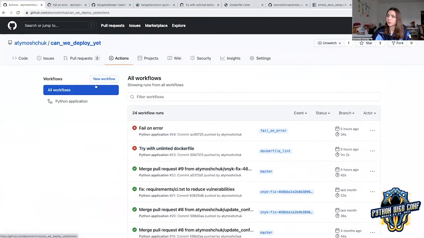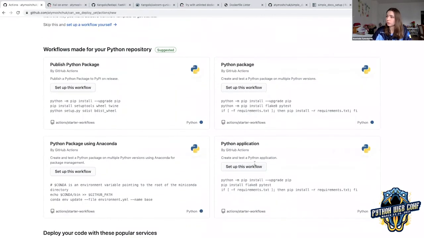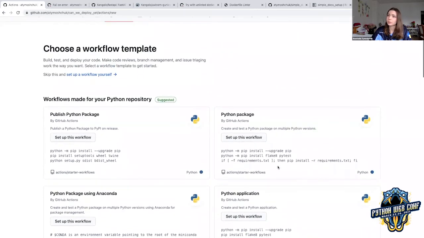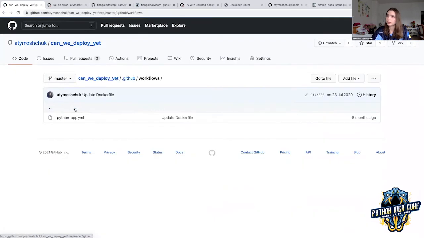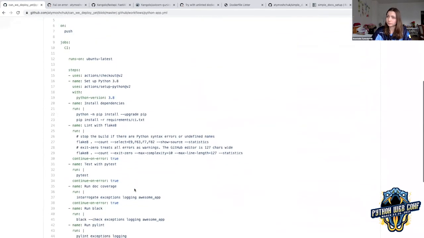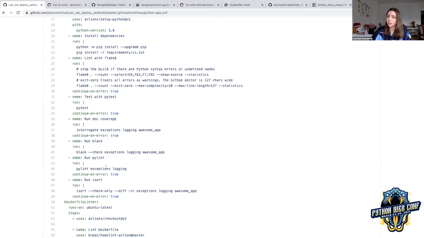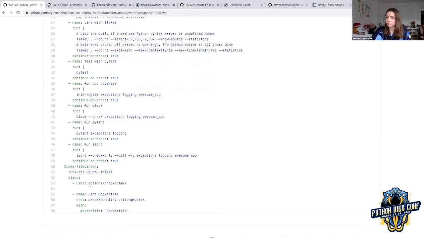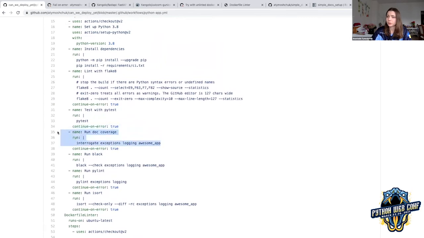to all the branches. And then you can also set up a new workflow, choose this one, for example, or any other ones. You see there are even more options, and it would be pre-setup. It looks exactly like this. This is pretty standard. I just added a couple of extra checks. I added documentation coverage, for example. So this check would check what is the coverage of your documentation. So it would check all the docstrings, how many of them you have.